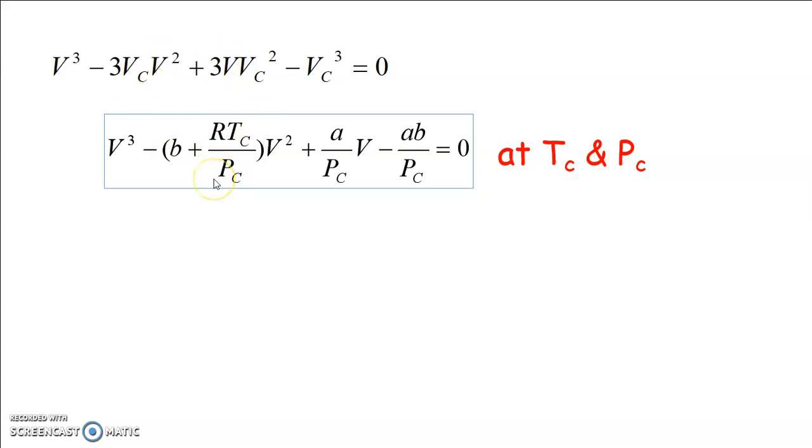As they are identical, the coefficients of equal powers of V can be equated, so that you can easily write as